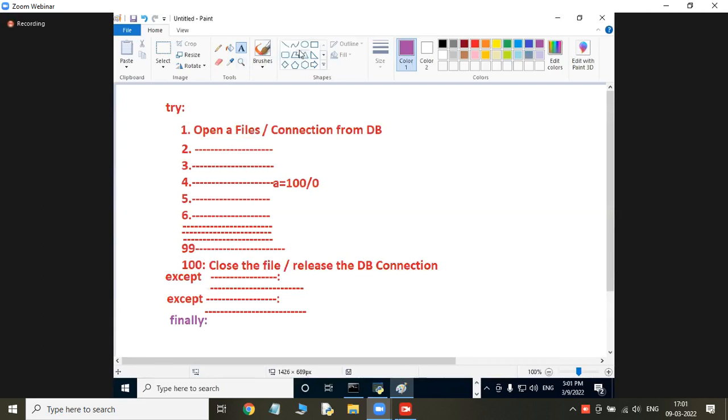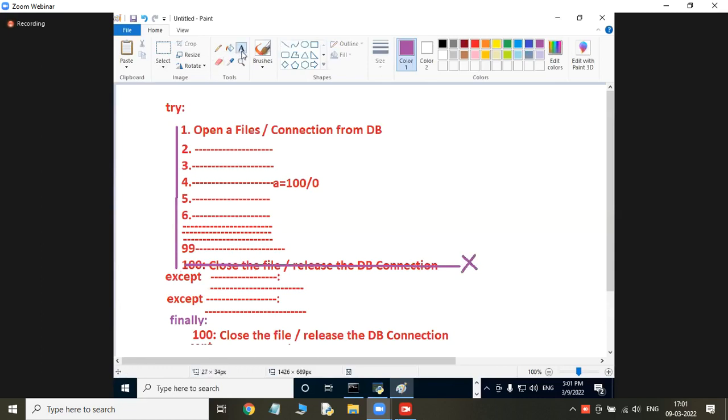See, I wrote these entire statements from 1 to 100, inside of which block? Try block. From today onwards, I never write the statements related to closing of the file inside of the try block. Where am I writing such statements? In the closing part of it. In which block do I not write them?